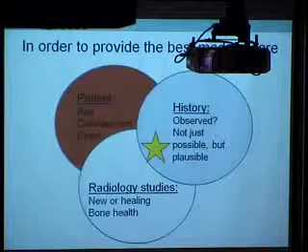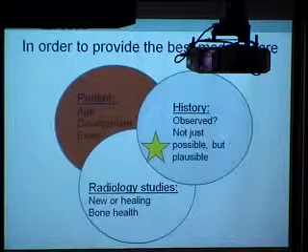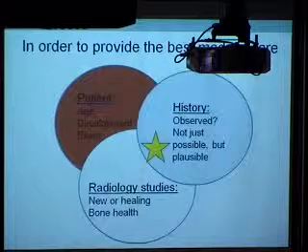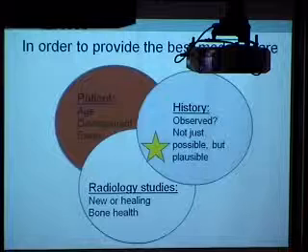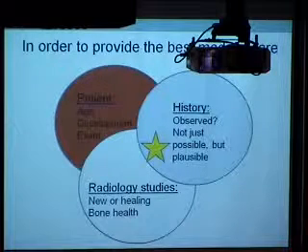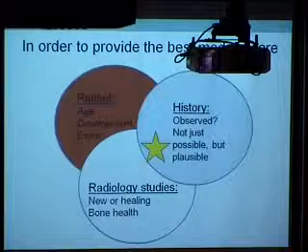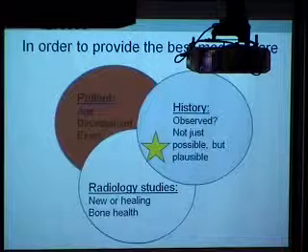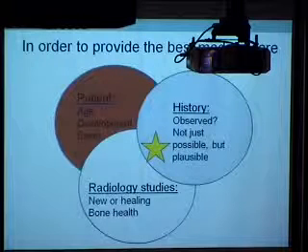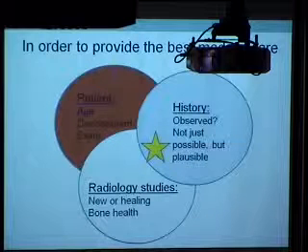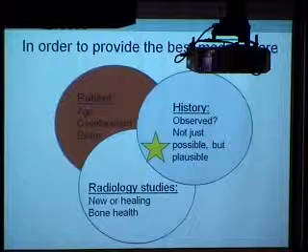So here it is in another format. In order to provide the best medical care, we really have to understand our patient. The patient's age and development go into how we understand our patient. What we see on physical exam is important. What we know about the history of the patient and what brought them to medical attention is really important. Was it an accident, or something observed about the child, that brought them to medical attention?